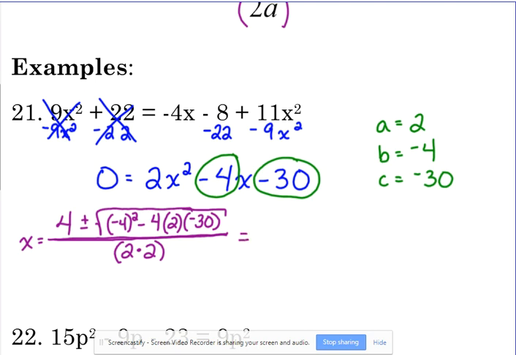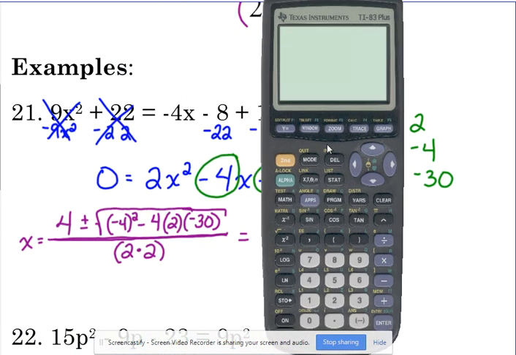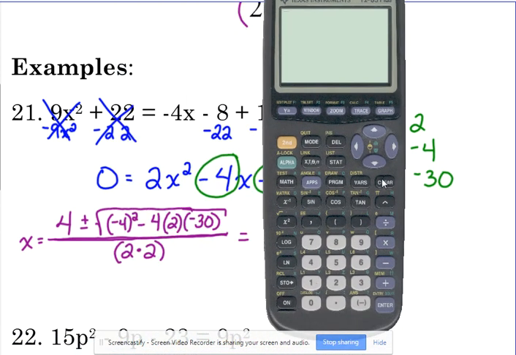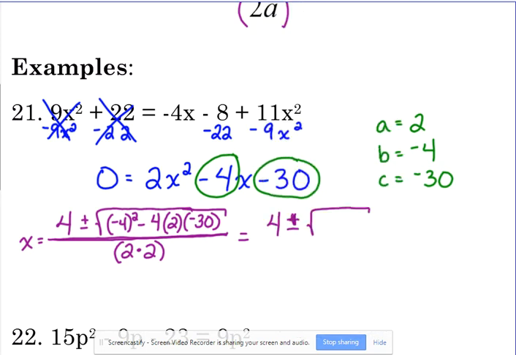Now, I'm going to just type in what's under the square root into my calculator, because a lot of times they leave this in square root form. So, parentheses negative 4 squared minus 4 times 2 times negative 30. Negative 4 in parentheses squared minus 4 times 2 times negative 30 gives me